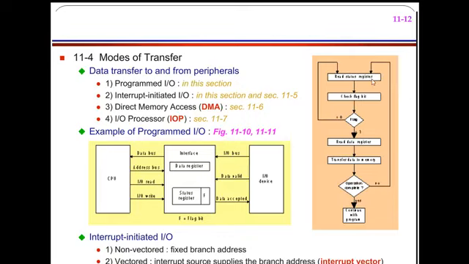Again it reads the status register. Again it checks whether the flag bit is 0 or 1. If it is 1, then it reads the data register. This data is transferred to the memory. Then it checks whether the operation is complete or not. Now based on this flowchart, let us see the block diagram, an example of this one. Here I have a CPU. Here I have an interface diagram.